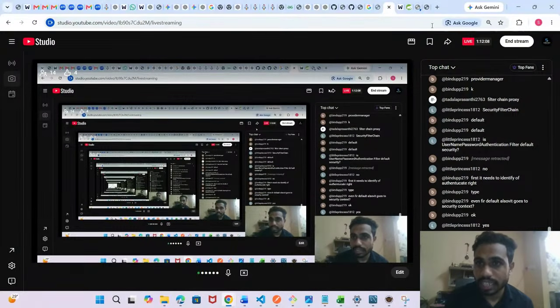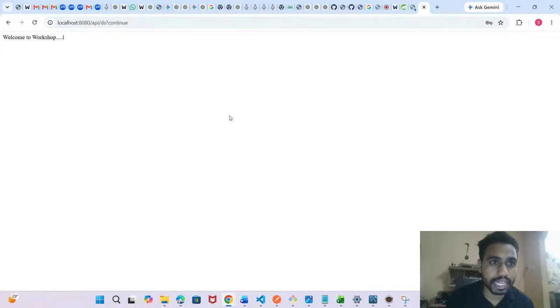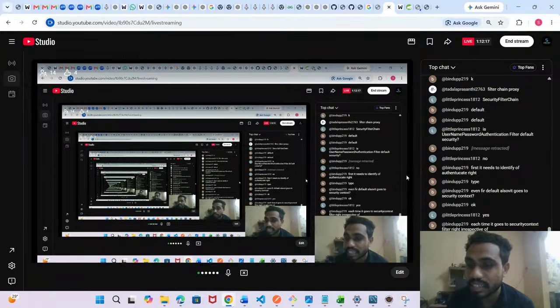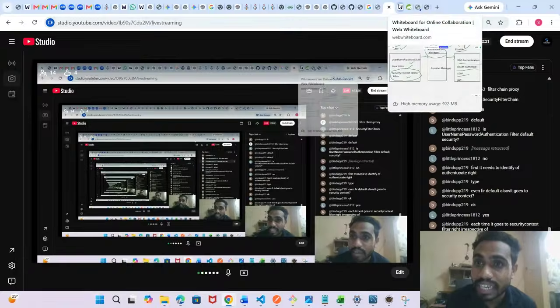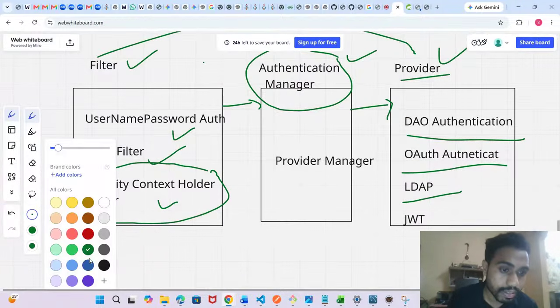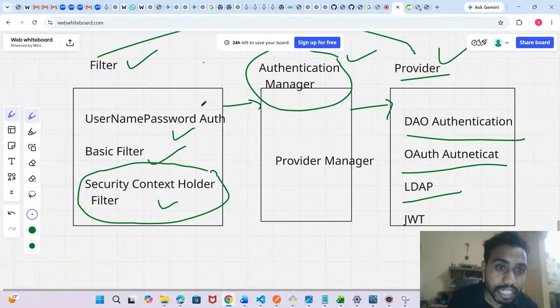Now you can see the response here. Workshop 1. Guys, are you able to understand the architecture diagram with the debugging? With the debugging, I'm trying to explain the architecture. I have already shown you username password authentication filter.